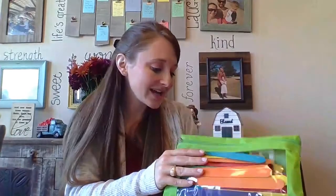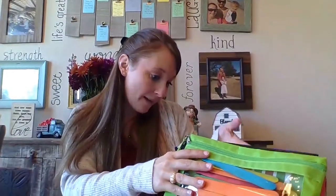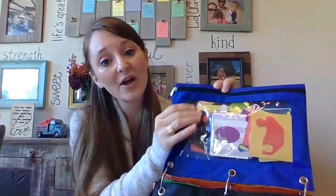Another idea is to check the dollar bins. Let's see if I can find it here. I've got 10 bags in here. But check the dollar bins at your local store for learning manipulatives or learning cards. So that's where this bag came from. It's just